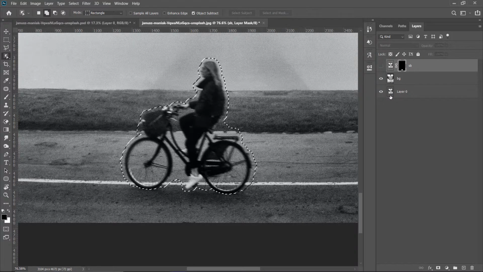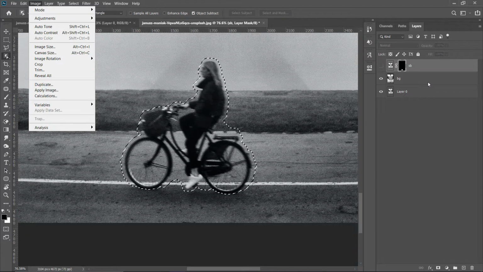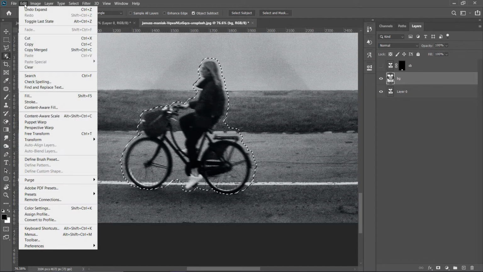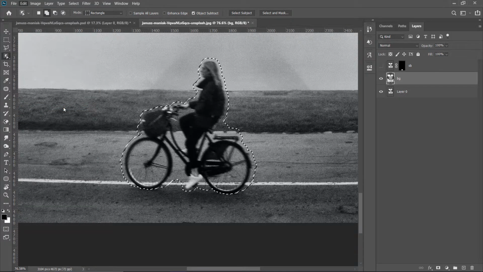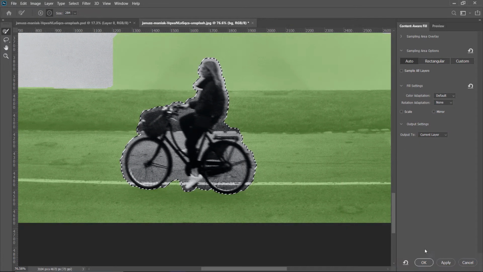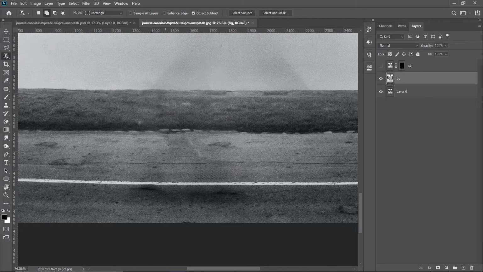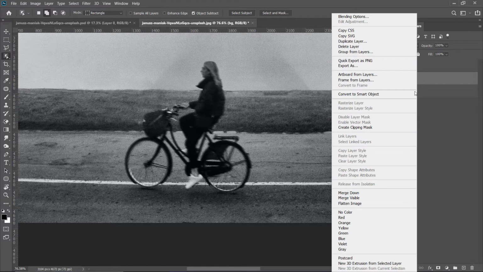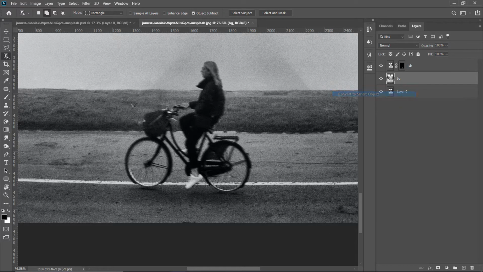Because we want our background without our subject, so we are going to remove our subject from the background. So let's go to edit. First of all, don't forget to select your background layer. Now go to edit, content aware fill, and boom, your subject is gone like this. Okay, hit OK.